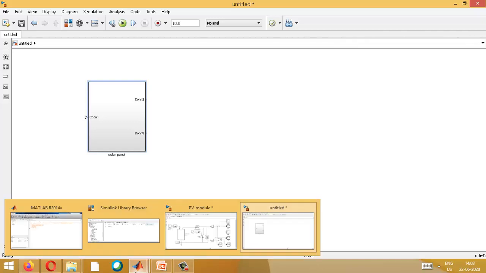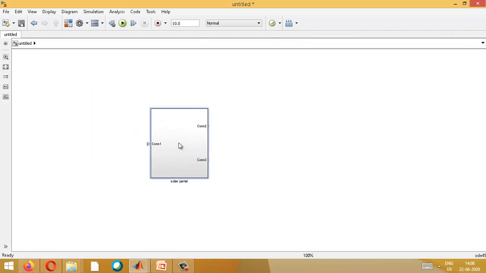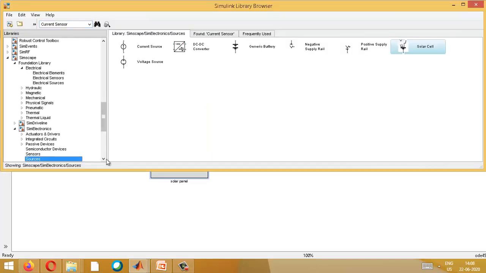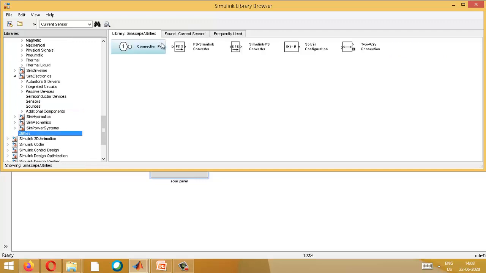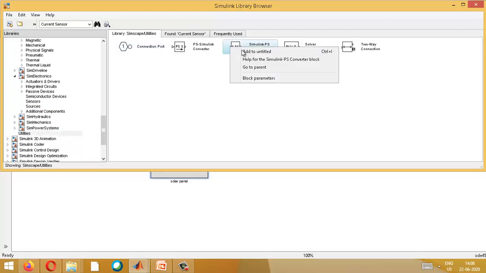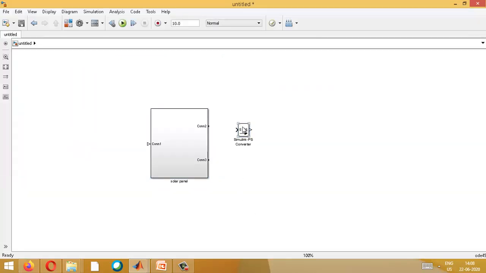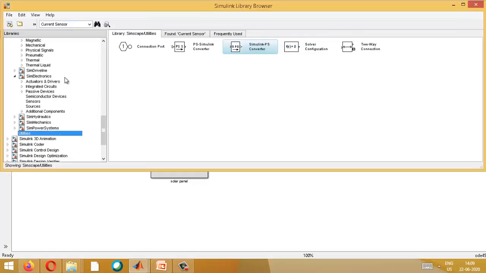Next we have to give inputs to this. I have already told you this belongs to Simscape. Directly you cannot connect it to a Simulink block, so you have to convert using Simulink to Simscape, which is available in utility. Go to utility where I want to connect it. Take this, now this is from the PS end, you connect it to this. We all know that from the sun we get a yellow light, which is nothing but sodium.